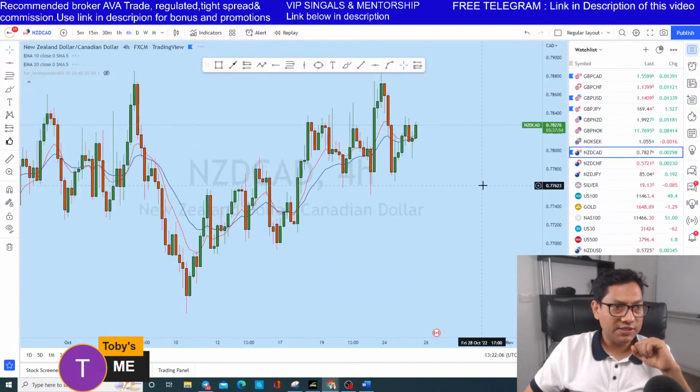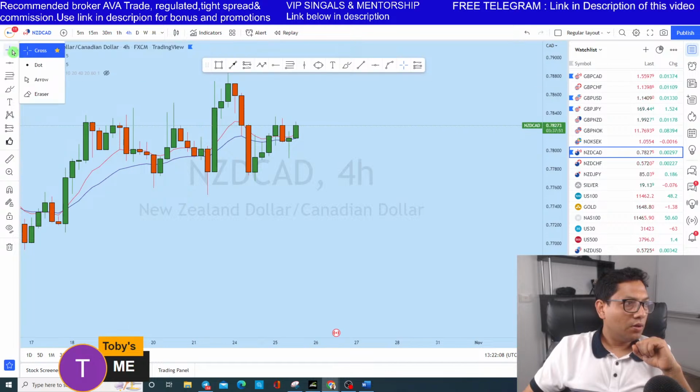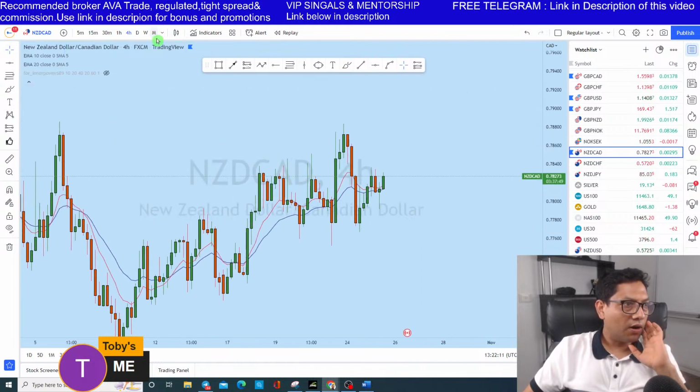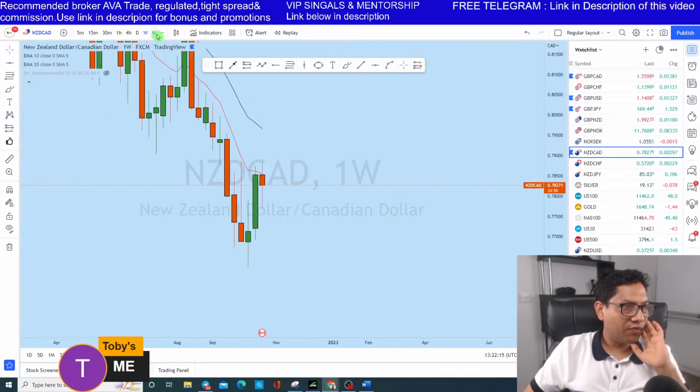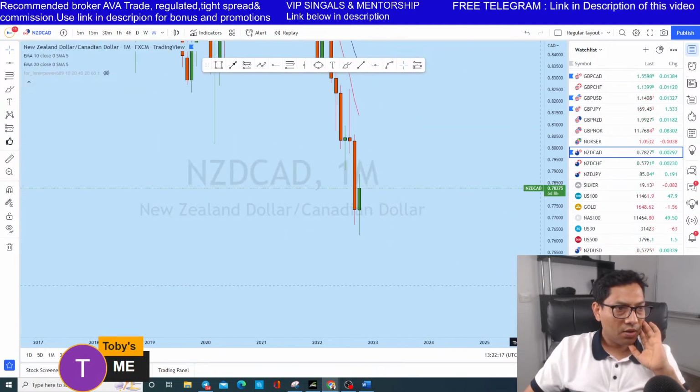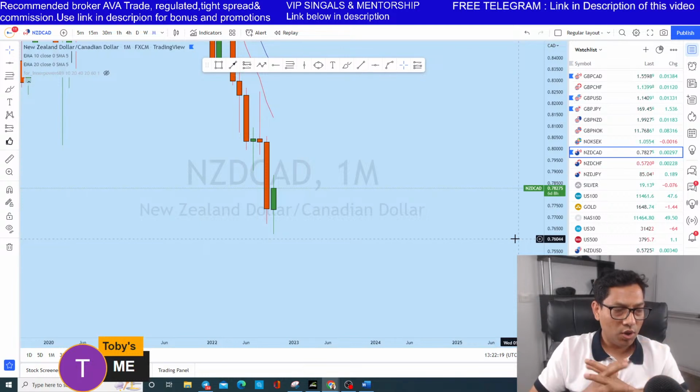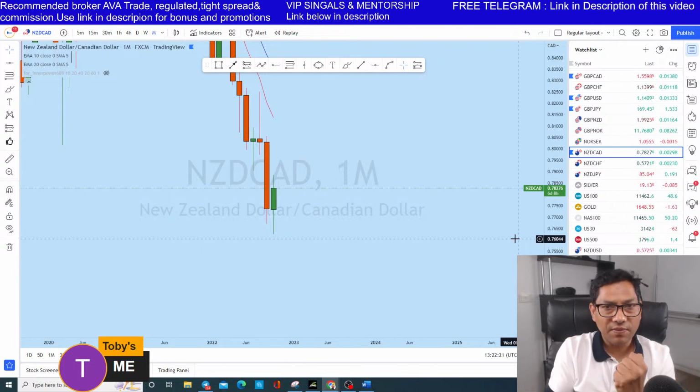Okay, let's look at NZD CAD. Looks like NZD is very strong now. Looking at NZD CAD, first of all looking at the monthly. Okay guys, this is the monthly chart. See, when you look at higher time frames, multi-time frame analysis, this is where you can get a huge